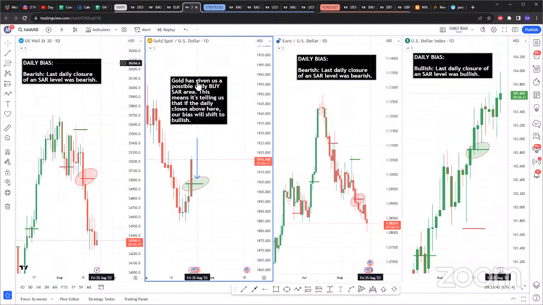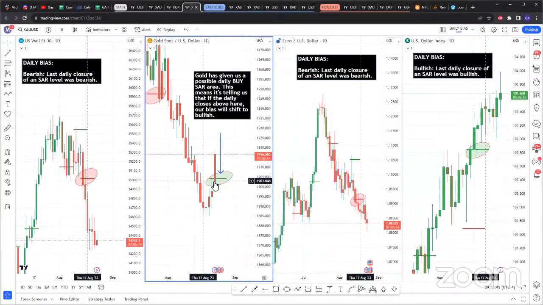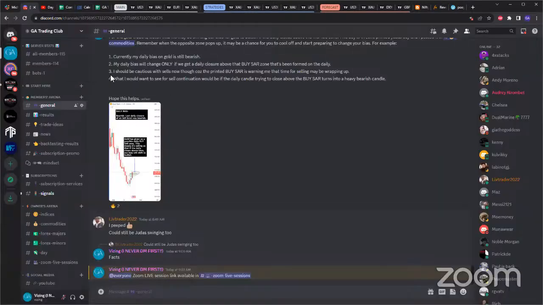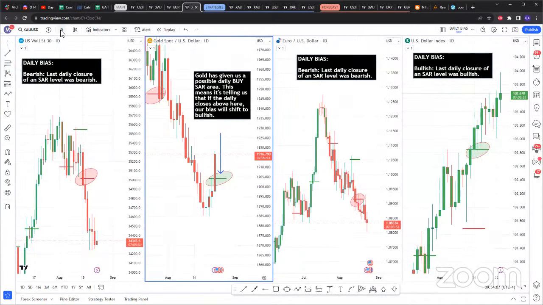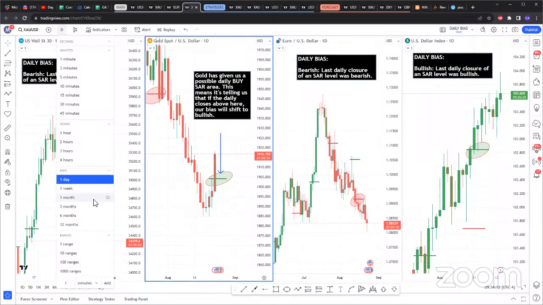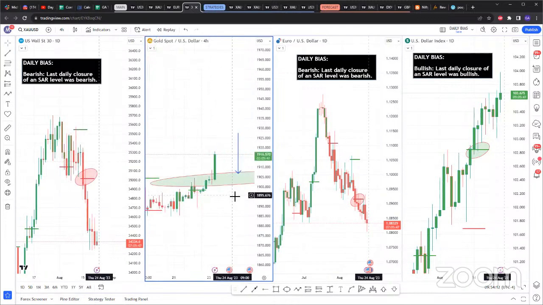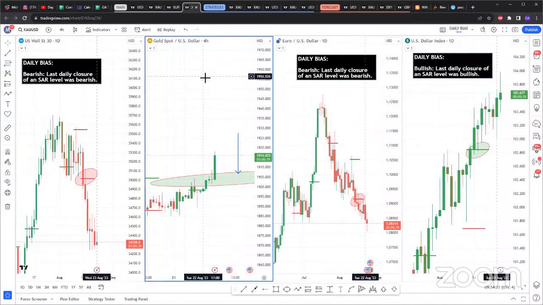So that's why I'm saying if you are done selling gold and you are waiting, think of this buy SAR as a signal, right? I sent that out in the group, the analysis for gold. It should be telling you that, hey, it might be wrapping up. It might be time to wrap up selling. So in that instance, you could have gone down to the 4-hour time frame and then waited and looked for that closure above a 4-hour, right? Because you want to get into the momentum earlier. Now that's just one way of trading. I didn't do this, but just by backtesting, if you want to get in earlier, you could have done this. Hopefully that makes sense.